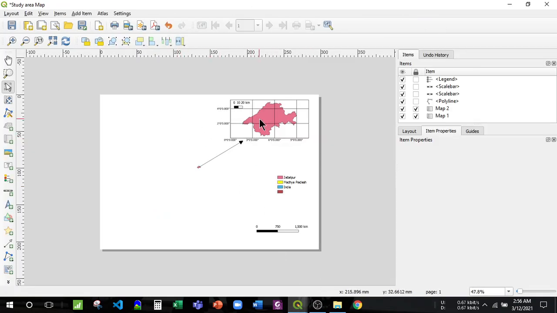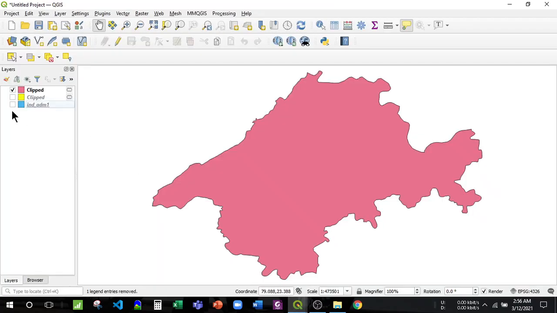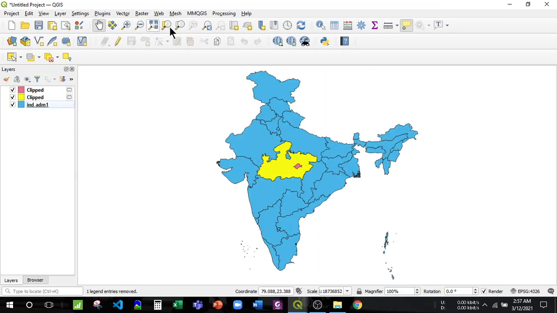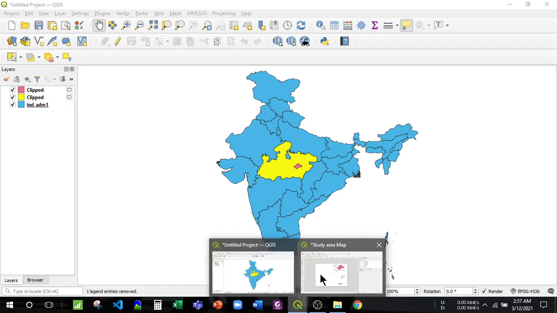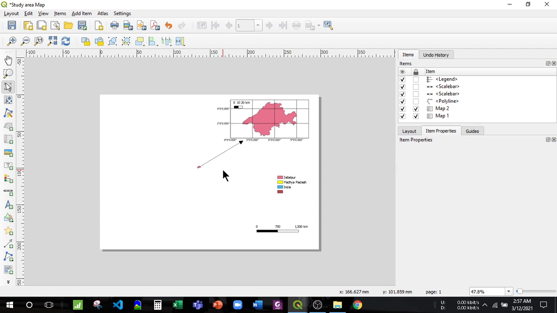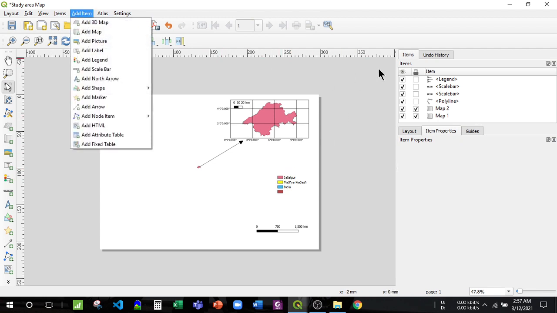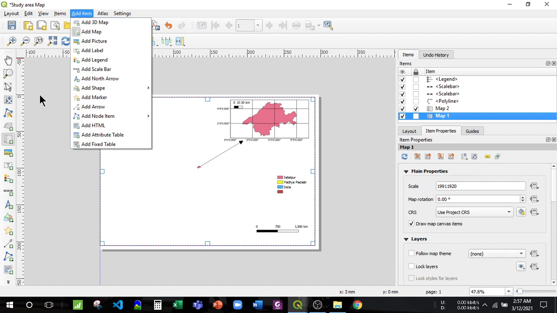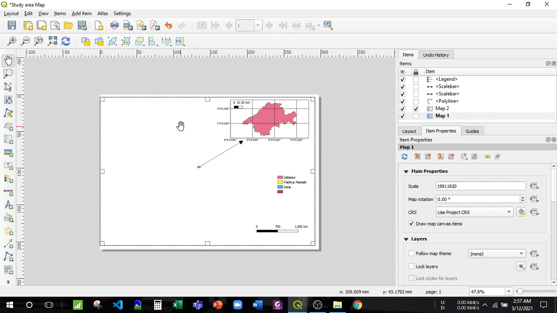You see, but my map has also disappeared, right? So again I have to untick that, and then again I have to click here, and the map, sorry, I have to click here and untick this option, and then rotate slightly here.